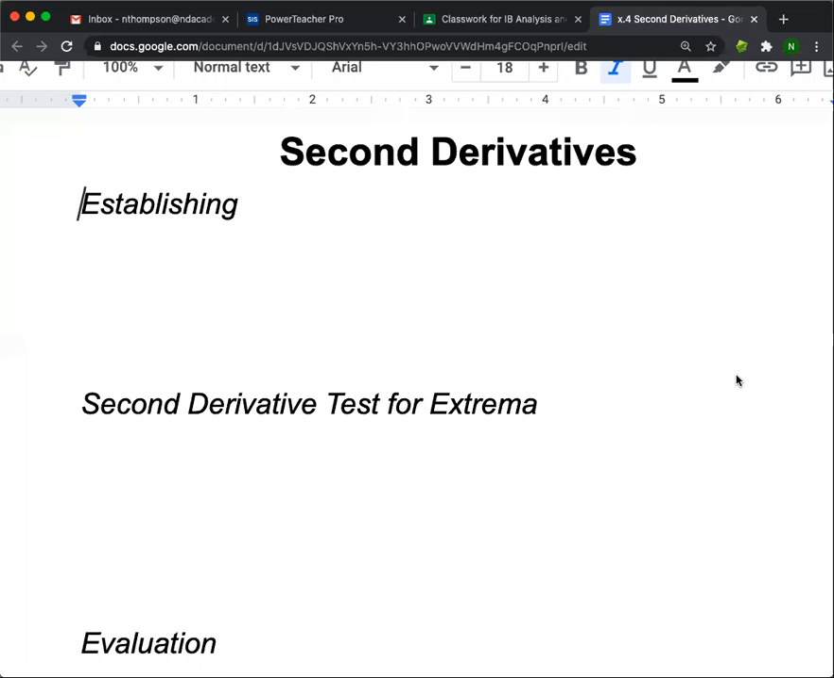Okay, so we're going to go ahead and get started talking about second derivatives. So establishing what a second derivative is, it is going to be the derivative of the derivative. We have a couple different ways to notate this. It could be written as f double prime of x. That's a second derivative, or